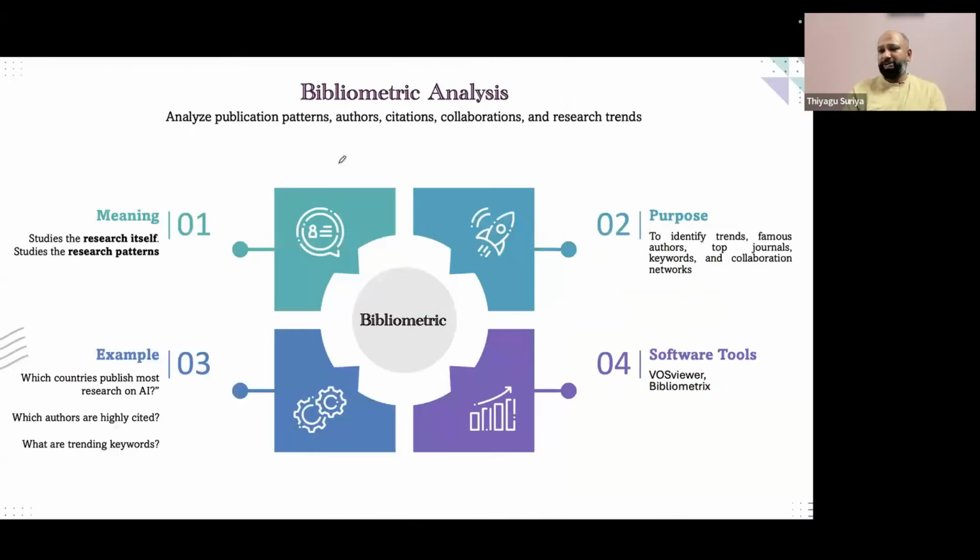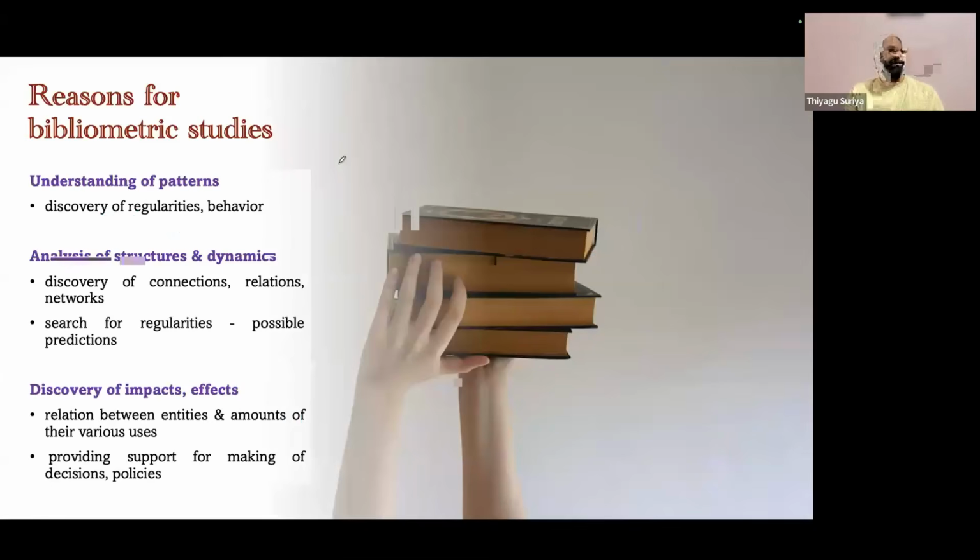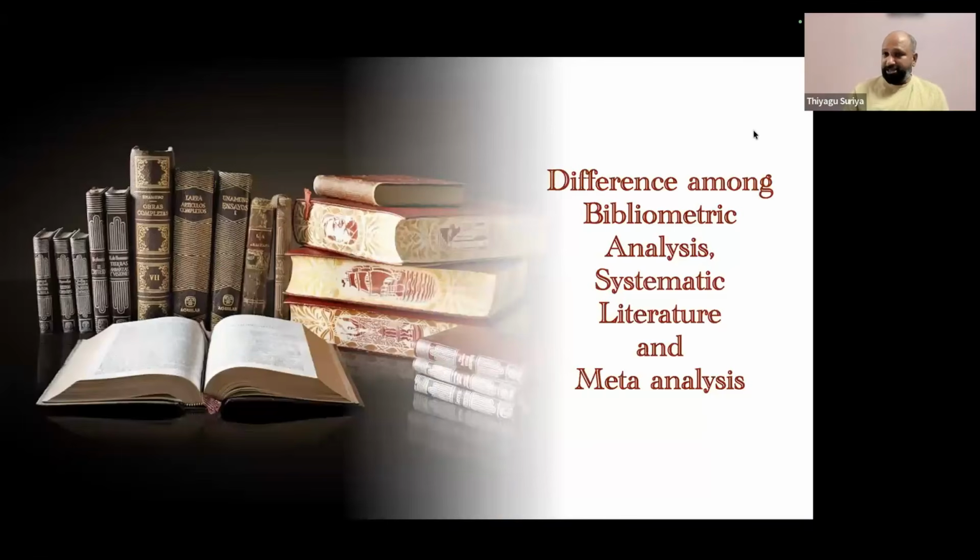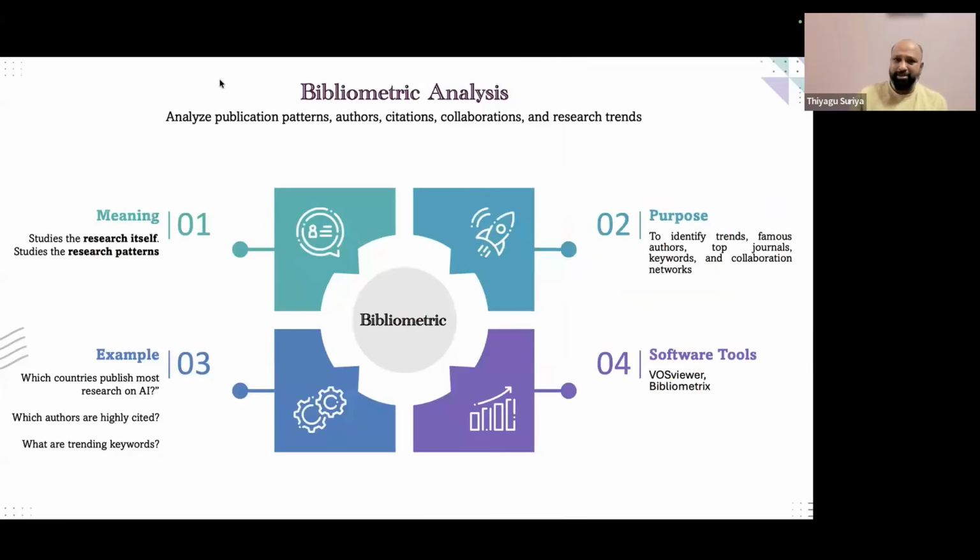Now moving to the difference among bibliometric analysis, systematic literature review, and meta-analysis. Later I will move to the demonstration, but first we must be familiar with the theoretical side. What is the difference between bibliometric and systematic review? More or less the nature of the work is similar, I mean from phase one up to identifying the literature review. All three processes are somewhat similar,